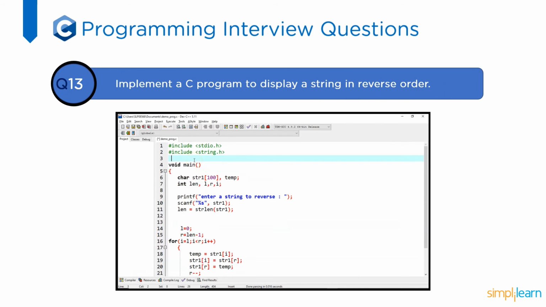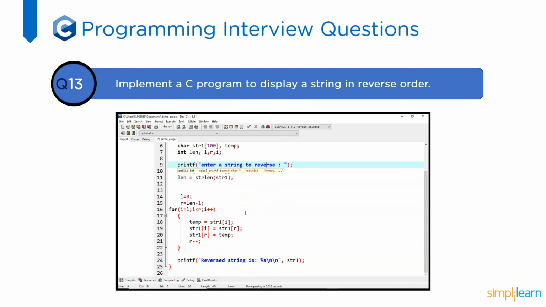Next, implement a C program to display a string in reverse order. Basically we have a string which we are going to reverse. Here we have declared a char string str1 of size 100 and a temp variable, and then len, l, r and i. l is for the left hand side element, r is for the right hand side element. First it prints enter a string to reverse. Whatever string we need to reverse, we enter it. It will take the string, then the string length